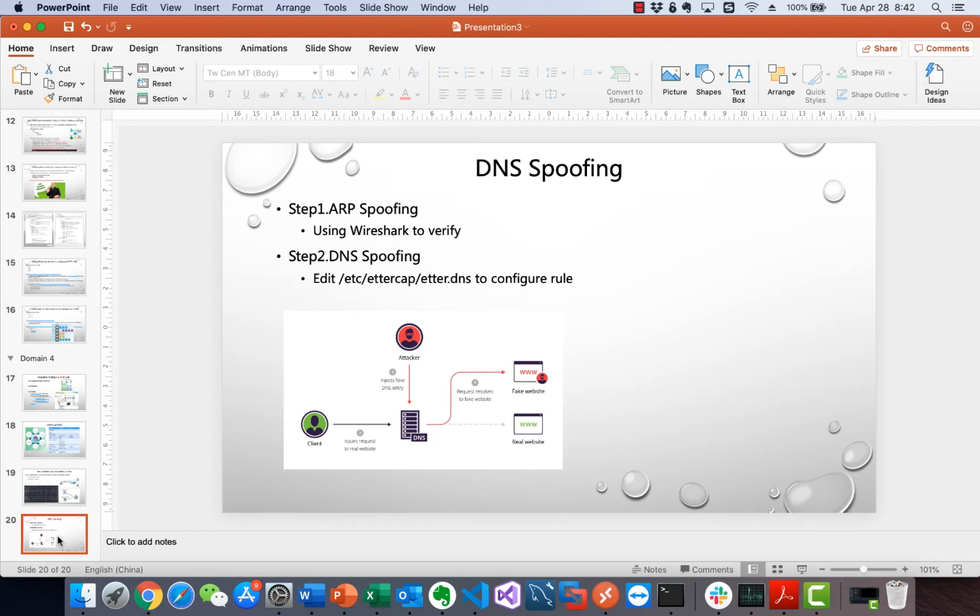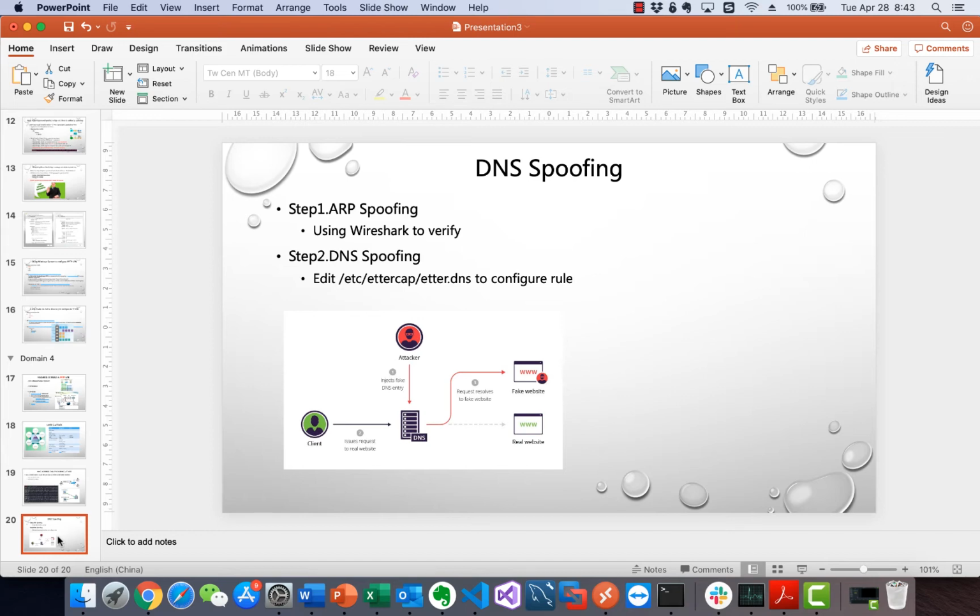So just imagine this is a job interview. If someone asks you what is ARP, you need to answer: ARP is a very famous protocol which will translate. Translate is a keyword. Translate the MAC address to the IP address. MAC address works in layer 2 and IP address works in layer 3. So ARP is a protocol in layer 3 and translates MAC address to IP address. Okay, and for the ARP spoofing, we will use Wireshark to verify. And for the DNS spoofing, we will use the web browser